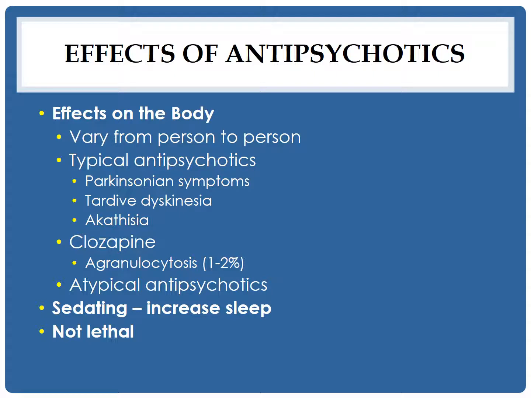Clozapine in particular, we've talked about the blood disorder that it causes. It's called agranulocytosis. So 1 to 2% of people develop this blood disorder, which is a problem with the white blood cells. And the drug's very effective, but it's just not used as often because of that very serious side effect. The atypical drugs also have side effects. There's problems with glucose metabolism and fat regulation. So similarly with the typical antipsychotics, these can cause weight gain. These can even cause diabetes onset, problems with cardiac function, and again, the book lists a bunch more.